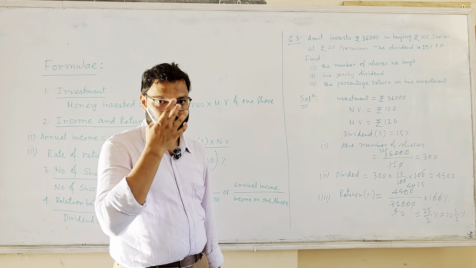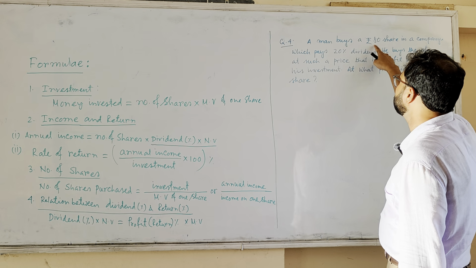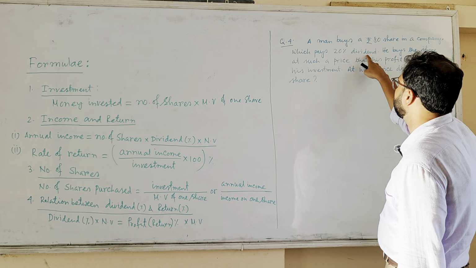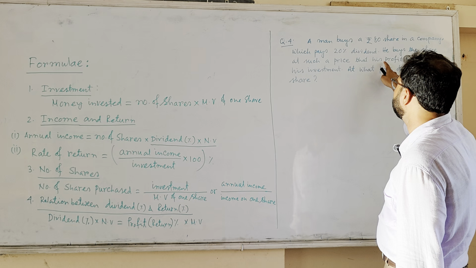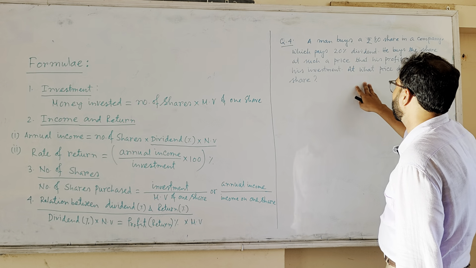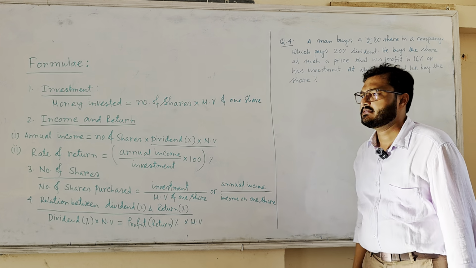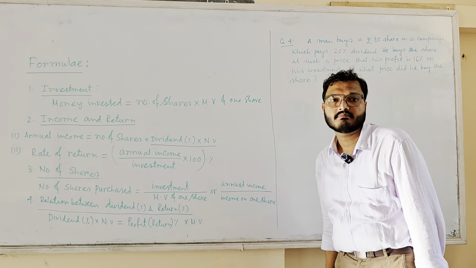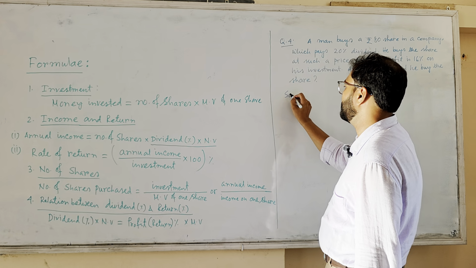Let's solve another sum. The next sum. A man buys rupees 80 shares in a company which pays 20% dividend. He buys the share at such a price that his profit is 16% on his investment. At what price did he buy the share? That means, what did they ask? They asked the market value. Okay, so to solve this type of sum now,